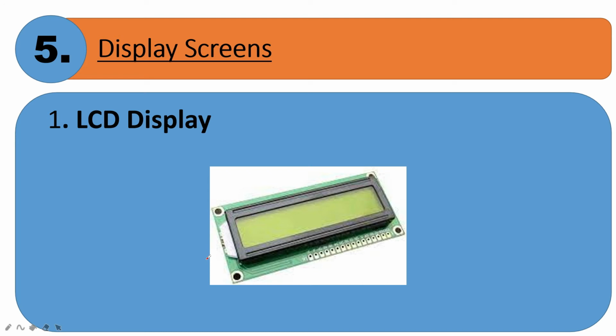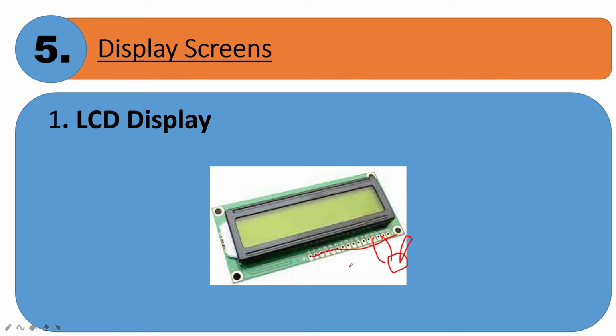So for that we use display modules to display something. The first one is the LCD display module. This is the most simple display for Arduino, but you need to make a complex circuit to connect it with Arduino. Here you can see that there are many pins. You have to connect these pins to Arduino in a particular fashion, and you also need to connect one potentiometer here with some of the wires.